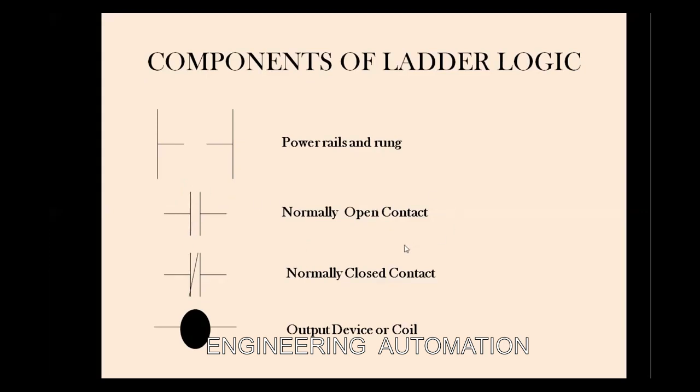If you are turning off, it will not give the output. Opposite to this normally open contact is the normally closed contact. What it will do is, if you are not disturbing the switch, if you are not turning on the switch, it will give the output. So if you are turning it on, it will break the output. I mean, it will break the circuit. So simply, the normally open contact is making the contact, and the normally closed contact is breaking the contact.